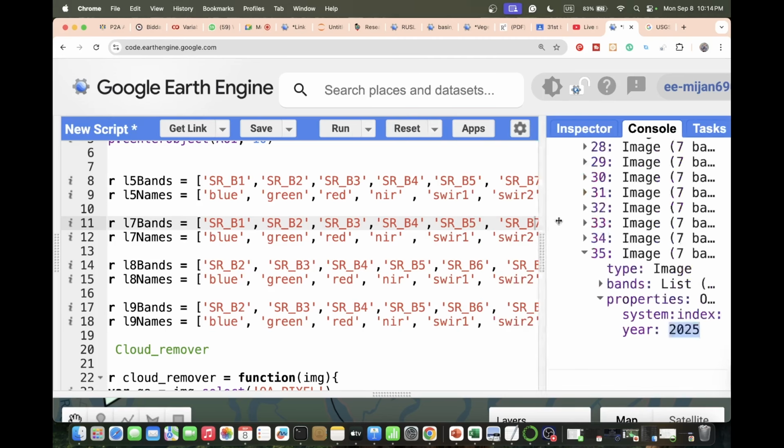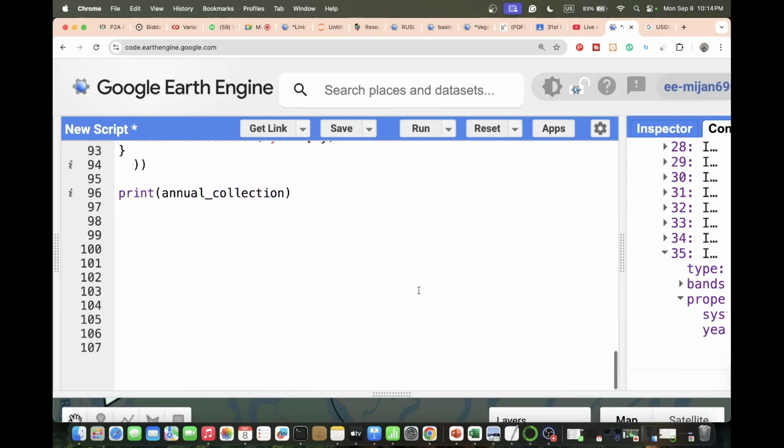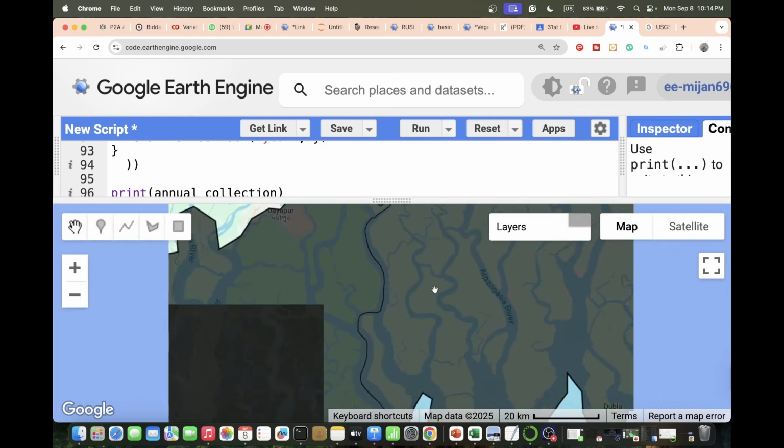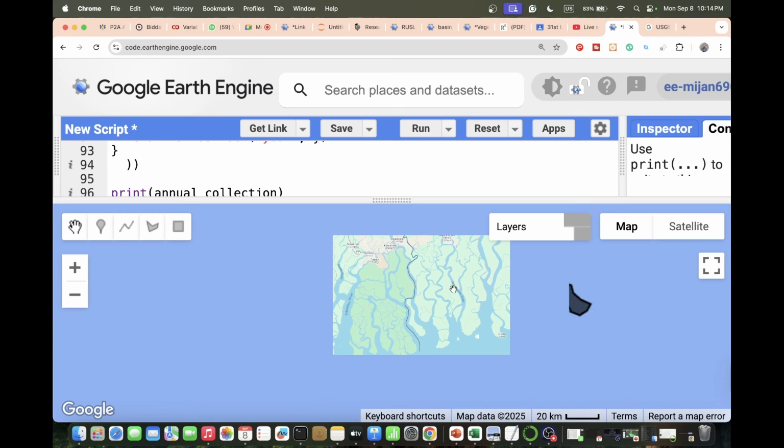Now suppose I want to display the image. For that, you can simply use Map.addLayer and call the annual collection. In the annual collection, suppose I want to display all of the bands. For that, just apply the toBands function, and run the code. Now in this layer, it added all of the bands. We can easily add it in our map. If you check,